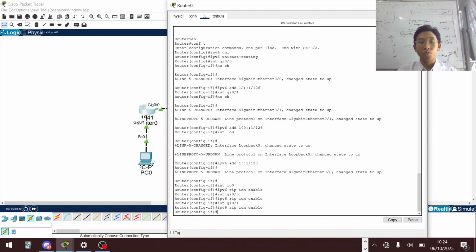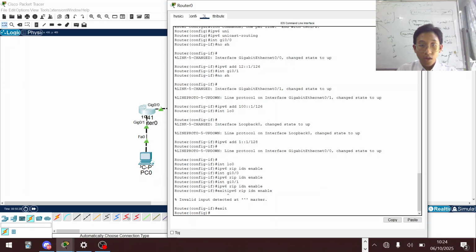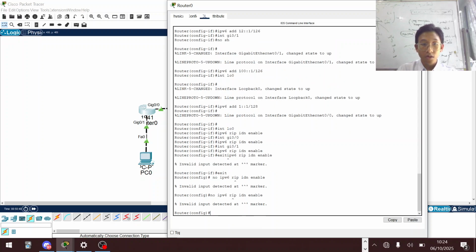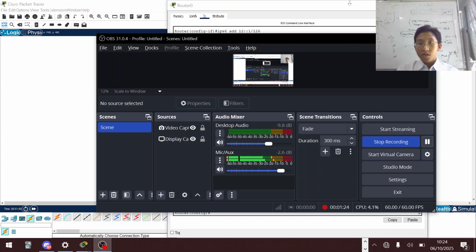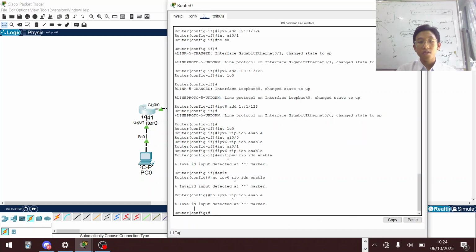You can just type in no IPv6 RIP enable. Okay, it actually doesn't work. Okay, wait a minute, my bad. So now we will continue.